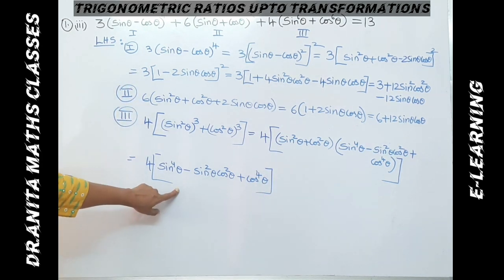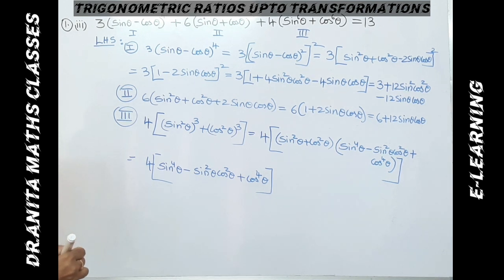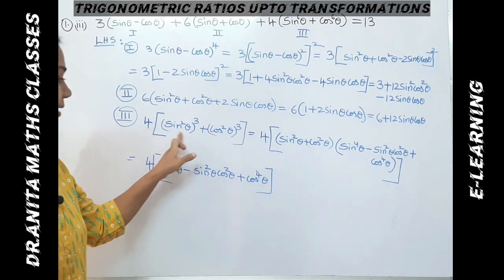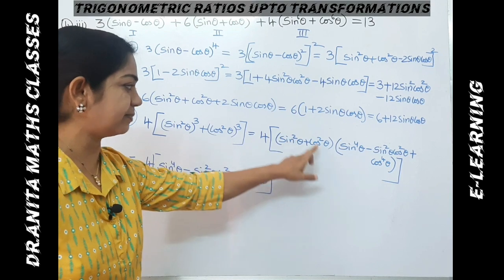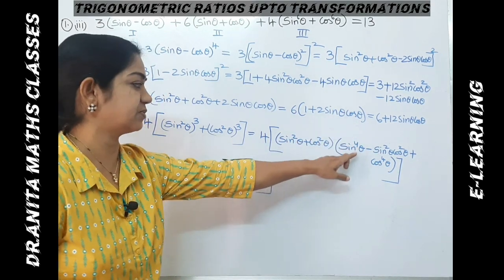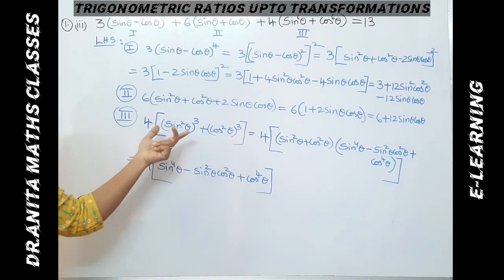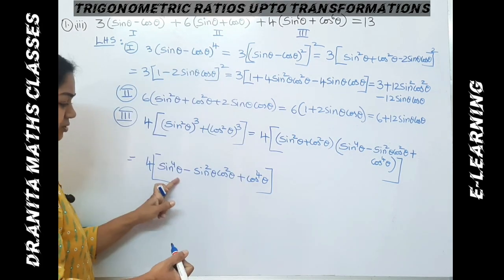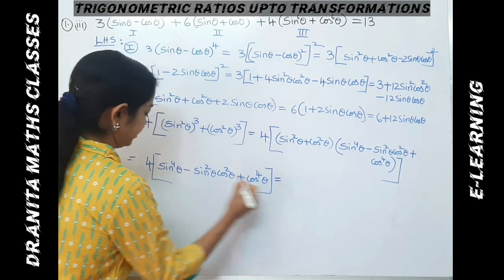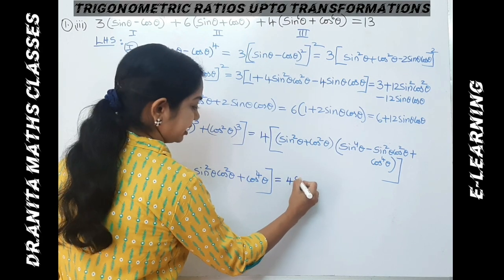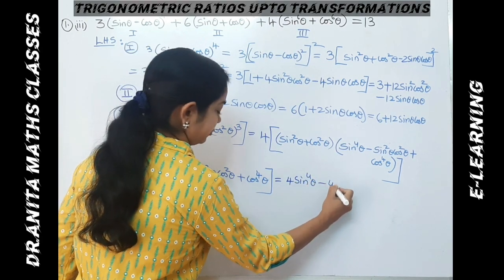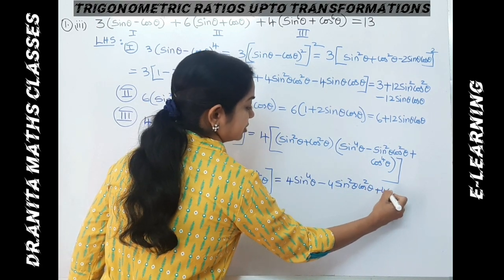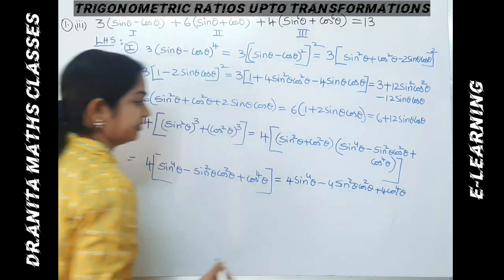So this part is left over here, and here this is a plus b. So a plus b, where a is sine square and b is cos square, then a square minus ab plus b square. I have resolved this in a cube plus b cube form, and we will multiply each and everything. Here this comes to 1, so we can keep it as it is, or else we will multiply with the 4. So 4 sine to the power of 4 theta minus 4 sine square theta cos square theta plus 4 cos to the power of 4 theta. So this is the simplified form of the third part.